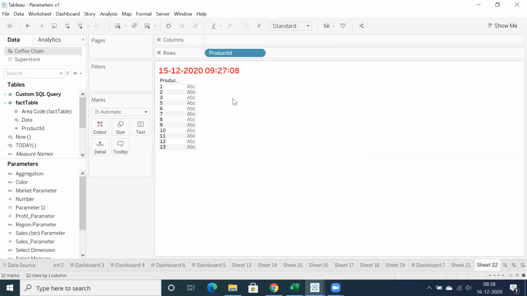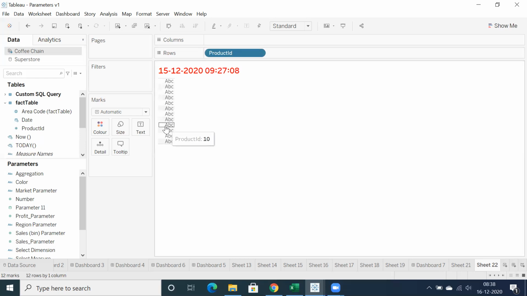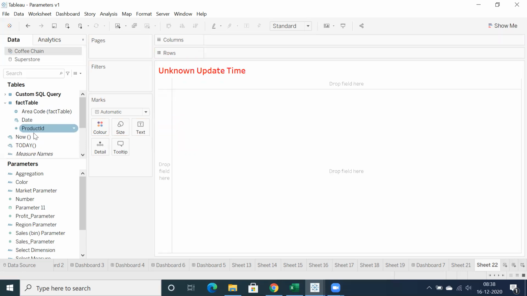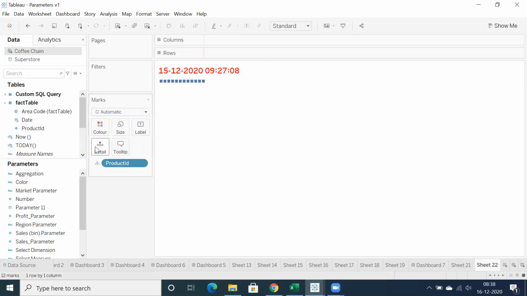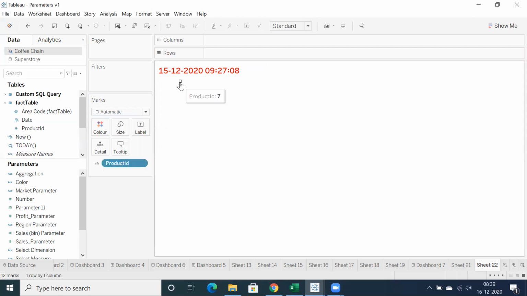Okay, but you can also ask, whenever you are going to place any of the column, it captures the date and time, but I don't want to showcase this unwanted data. Correct? Can we hide this? What we can do is unselect header, but still we are able to see ABC. So you can do something else, like let's drag and drop product ID somewhere else, like into the detail section. Okay, you are able to capture that information, and you can do different formatting. So you can see, right?